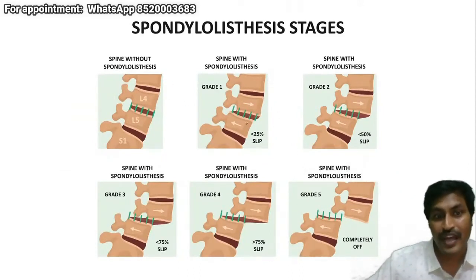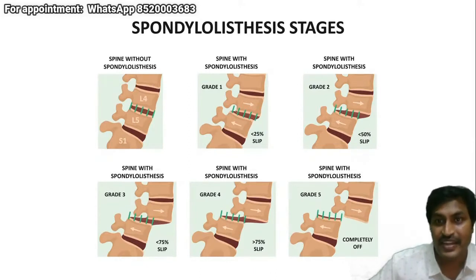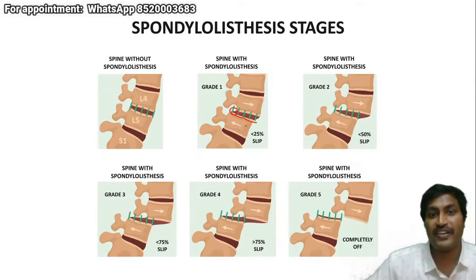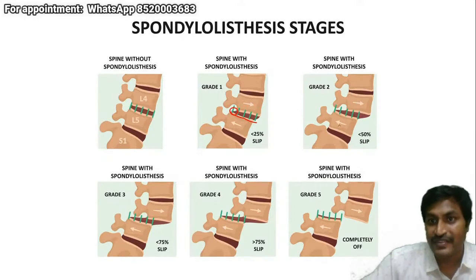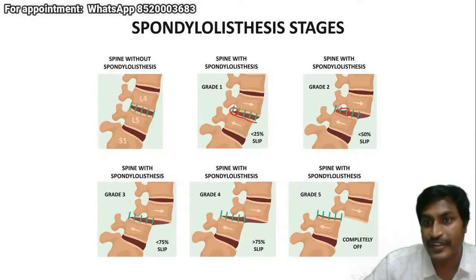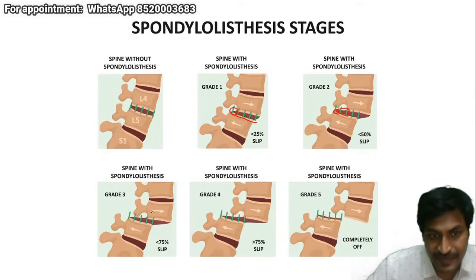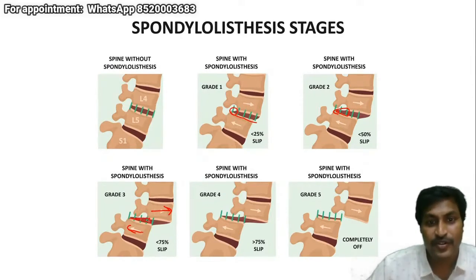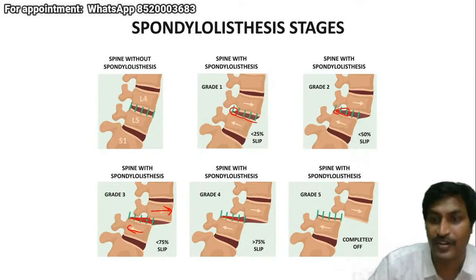So now coming to grades of spondylolisthesis, you will have to identify the percentage of slip. So here there is a slip of 25%. When there's a slip of 25%, we call that grade 1. A slip of 50%, we call grade 2. See, this has gone anterior, this has gone posterior. So there is a slip of more than 50%, nearly 75%. When there's a slippage of 75%, we call it grade 3 spondylolisthesis. And a slip of more than 75%, we call grade 4 spondylolisthesis.